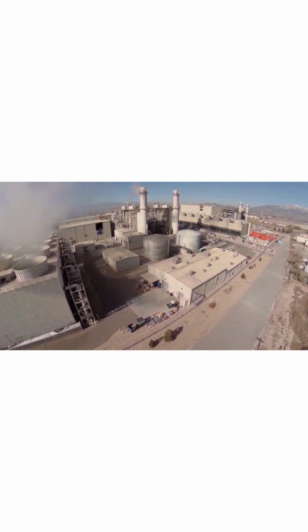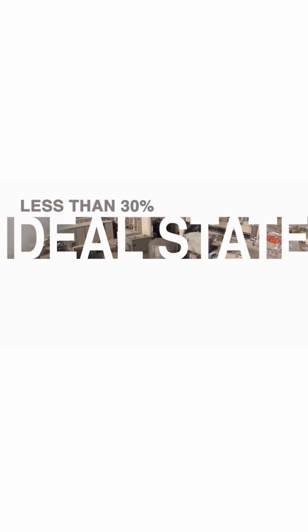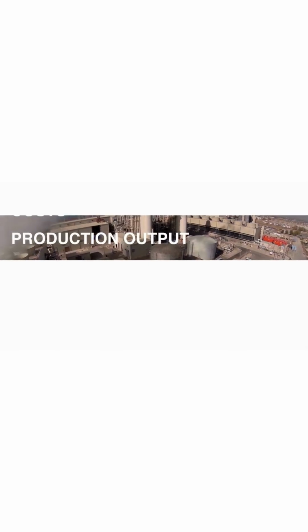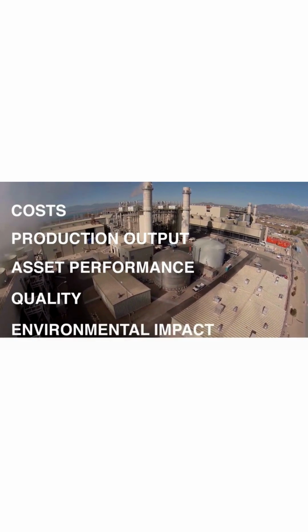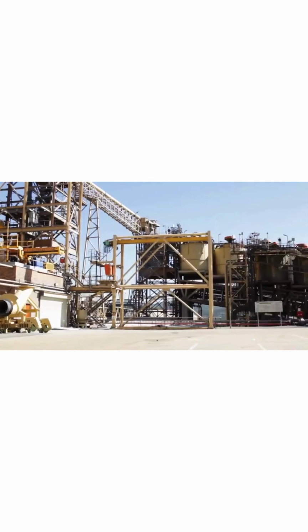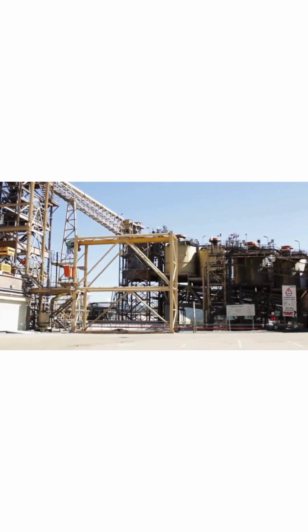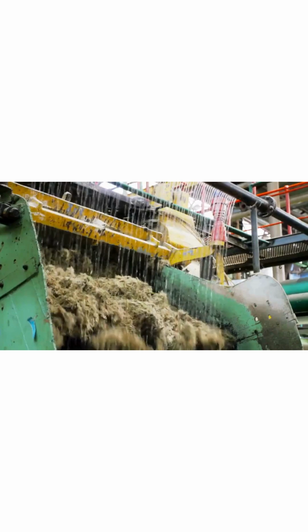Most continuous production processes operate for less than 30% of the time in ideal state, which represents substantial losses in terms of production output, costs, asset performance, quality, and impact on the environment. The time in state program implements a solution that increases the percentage time in ideal state and thereby delivers higher